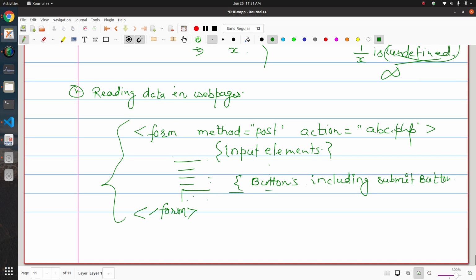All these elements should be on a form, only then the form's data will be submitted. So you will have input elements and buttons.